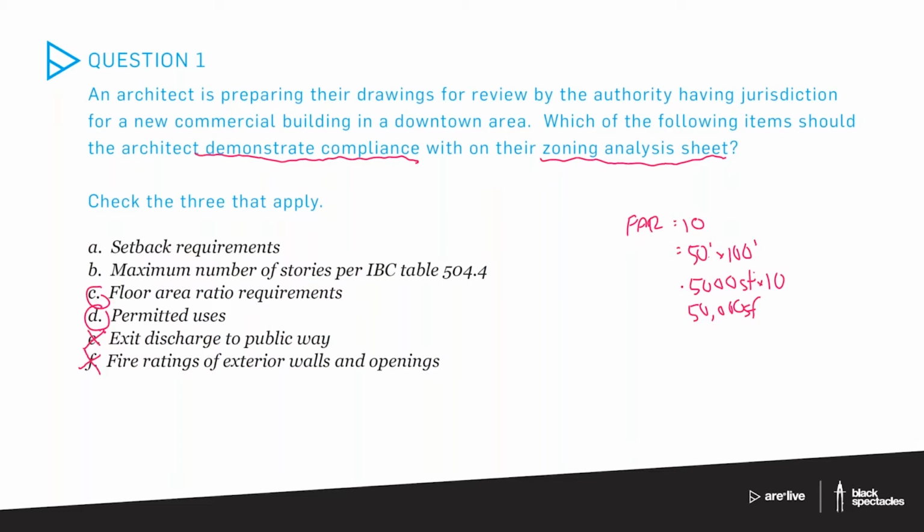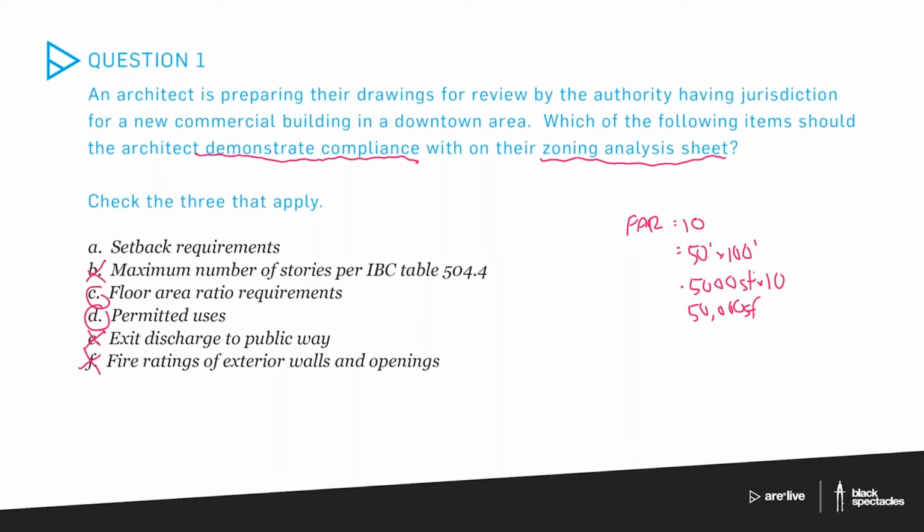That's what this particular IBC table is going to tell you about the maximum number of stories you can put in your property. And zoning ordinances typically tend to control the absolute height of your building. They might say that your building can be 100 feet. That's the maximum height. They don't typically control the number of stories in a building because the story height could vary depending on client requirements or the design of the building or really anything. So it's a little bit more straightforward for a planning board to dictate the maximum height of a building and not get into the number of stories that they allow on a site. So with all that said, we're going to mark B incorrect, and that leaves A as correct,